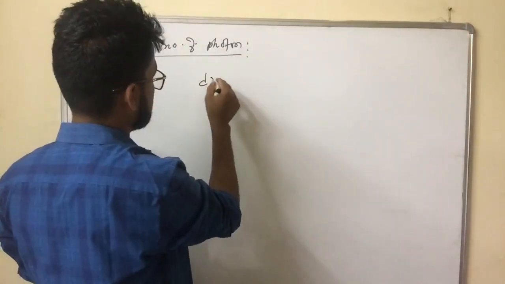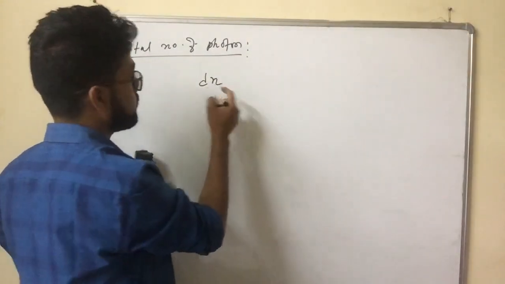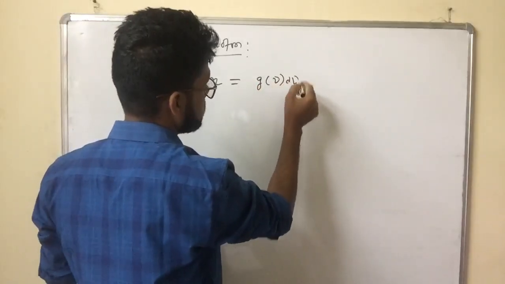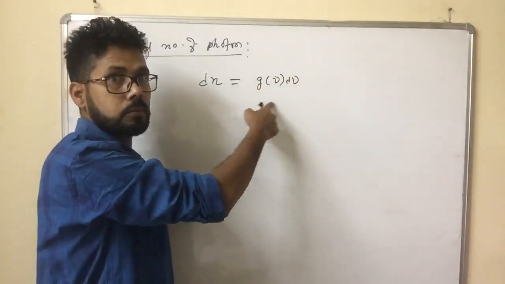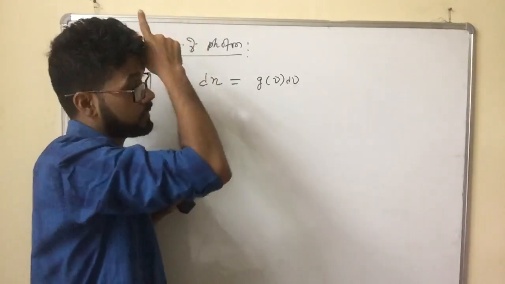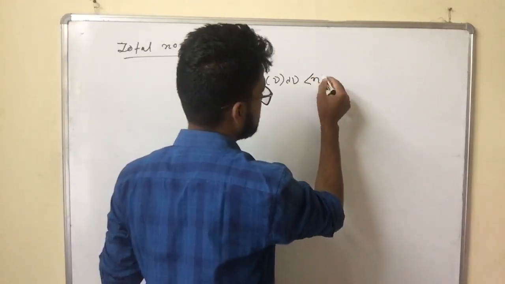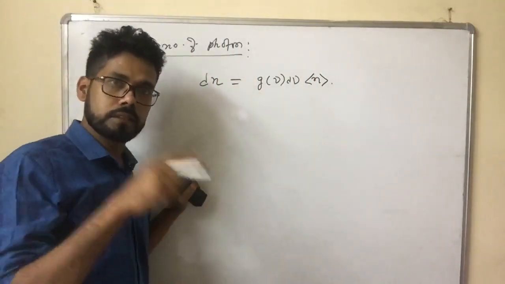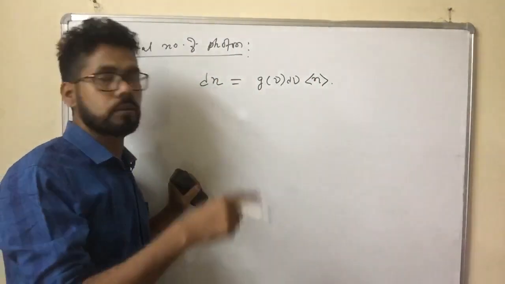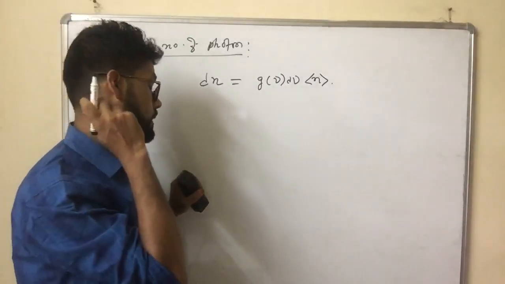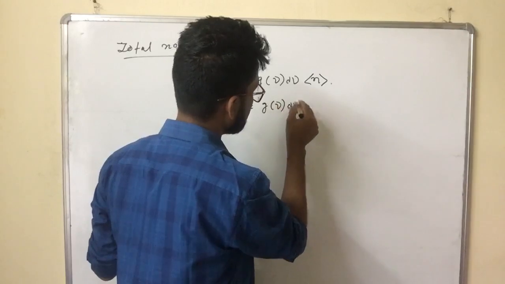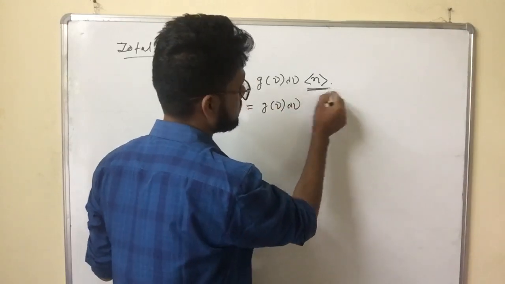This is the formula: the number of particles dN is always G(nu) d nu, the density of states, the number of microstates available, into the average number of particles, which equals the total number of particles. So we can replace it as G(nu) d nu into the average number,